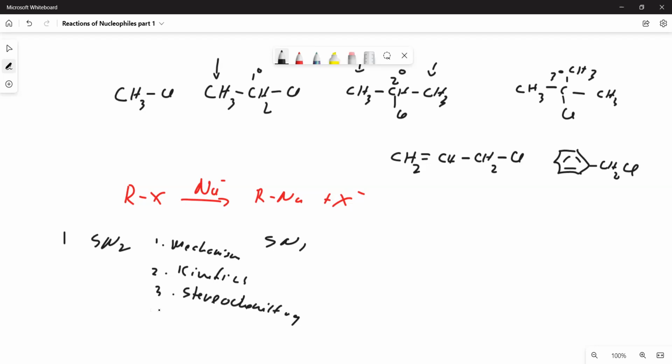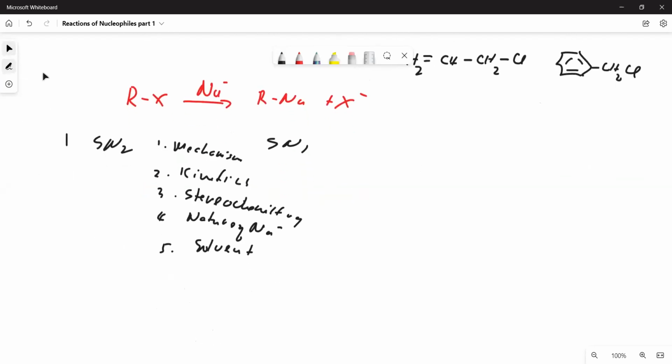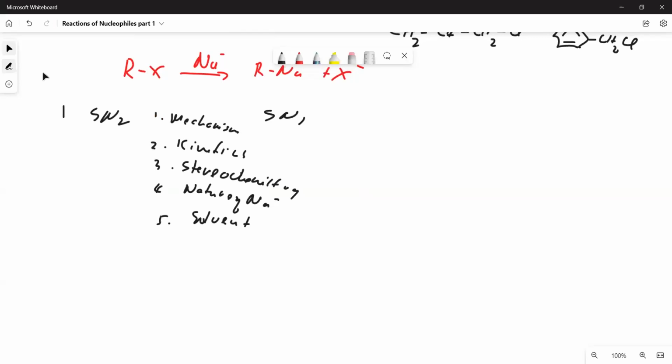And then we also have to look at the nature of nucleophiles that will interact with alkyl halides. And the last one is, of course, the effect of the solvent. So let's look at how they affect the two important mechanisms. Okay, so let's start with